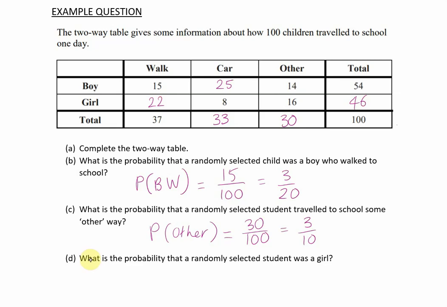Our last question says, what is the probability that a randomly selected student was a girl? So we need to look at our two-way table and figure out how many girls there were altogether. 22 walked, 8 went in a car, and 16 girls traveled some other way. So altogether, we have 46 girls when we add all those numbers in that row. All the numbers in the girls row, we get 46 girls. So the probability that a randomly selected student was a girl is 46 out of 100. And once again, we can simplify that to 23 out of